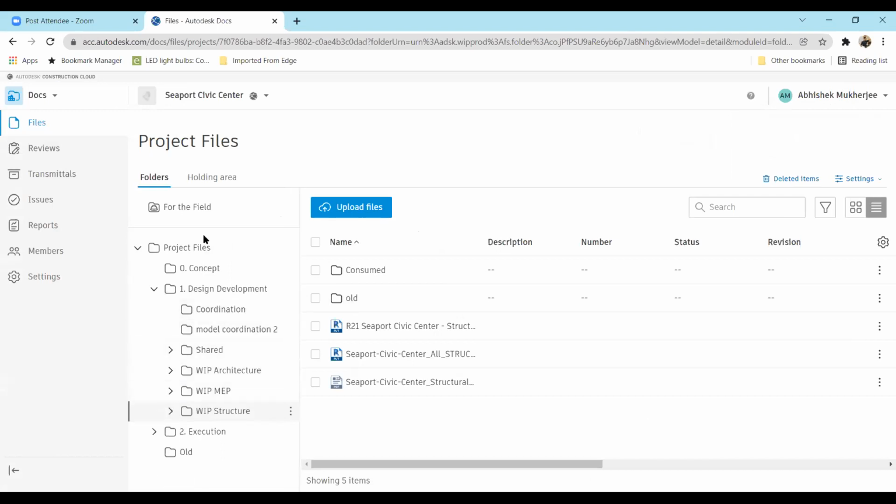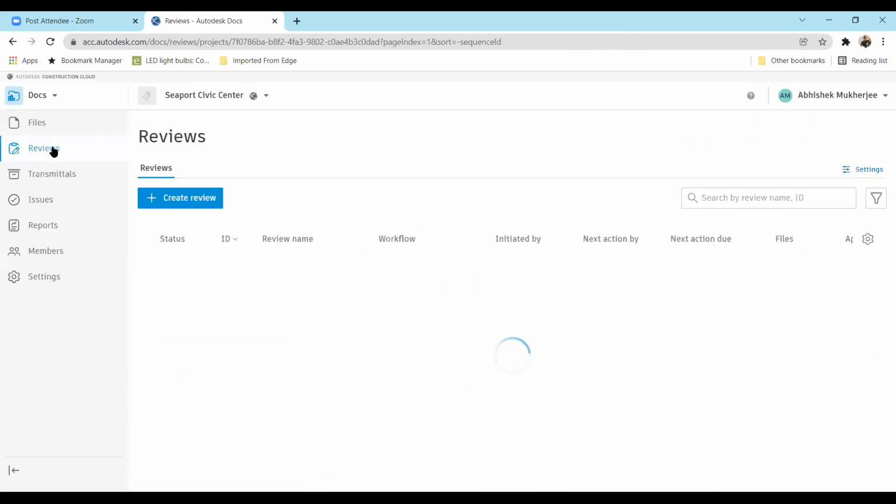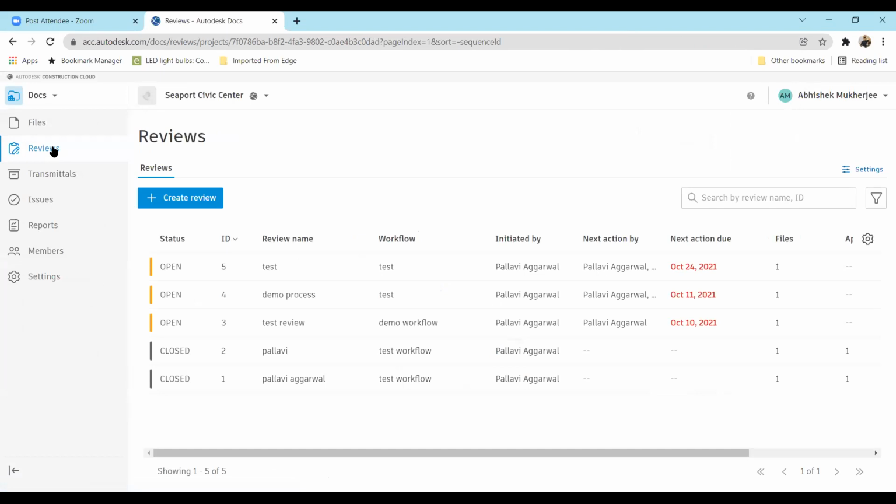And now let's talk about something else. I have a lot of things over here. That is the review system, which I was talking about. The review system is when I click on reviews, this is called approval workflows. The kind of thing which you used to do when you took a printout and went to someone else, and they used to check and mark the clouds. Those kind of things are called approval workflows. So here there is an option where we can create a review process. And then these are all the reviews which have been done.